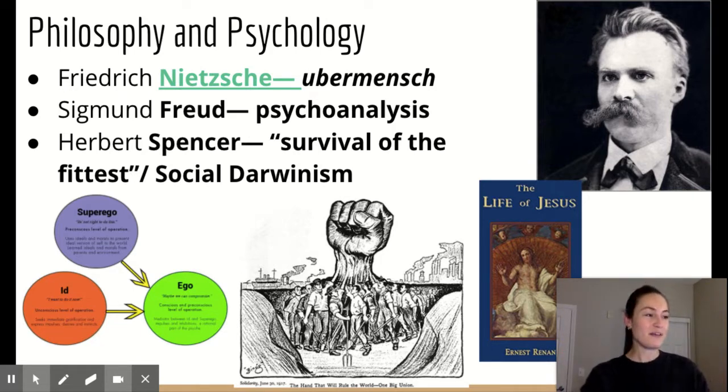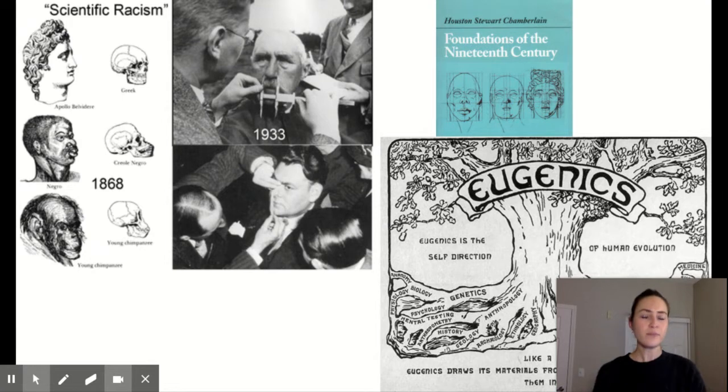Another person I want to talk about is Herbert Spencer. And he is somebody, among others, during this era that is pushing forward social Darwinian theory. So we talked about this before when we talked about imperialism. Social Darwinism is Darwin's idea about survival of the fittest, but applied to human societies. So the societies that are the most fit are the ones that are going to survive. And so Herbert Spencer is one person who sort of pushes this idea out there, but there are others as well.